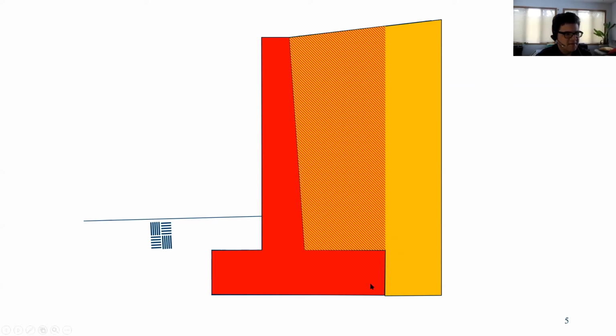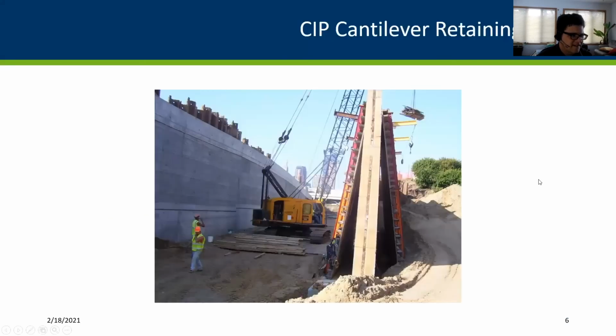Gravity walls will be shaped slightly differently. They won't have a footing. They'll have just a mass of concrete, but that mass of concrete is meant to do the same thing that this wall does, and that is, the mass is large enough that it won't push forward and it's not going to rotate from the forces of the soil it's retaining. So this construction, this just shows what that looks like.